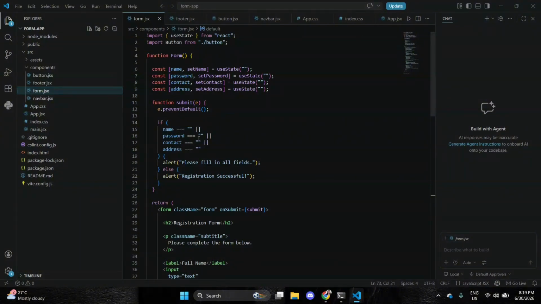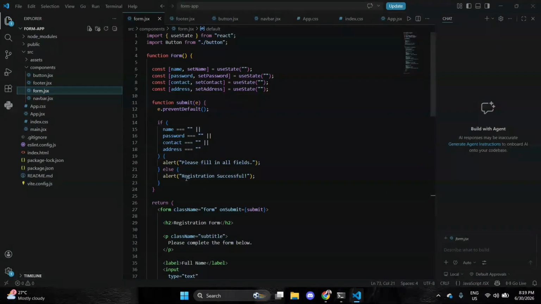Then here, this line checks if any of the fields are empty. Then it will alert if a field is empty.